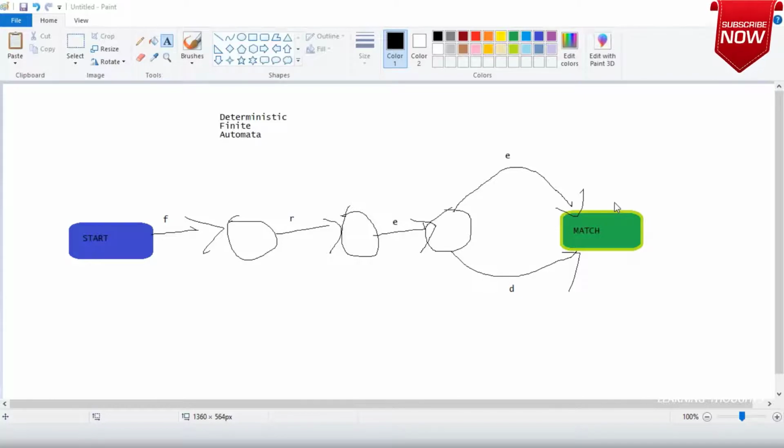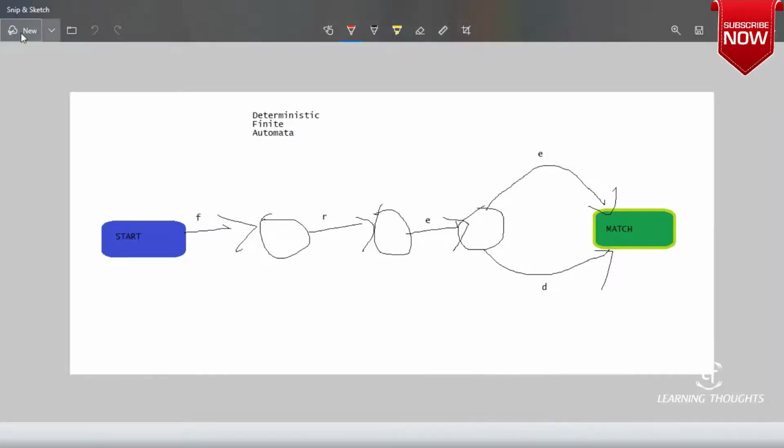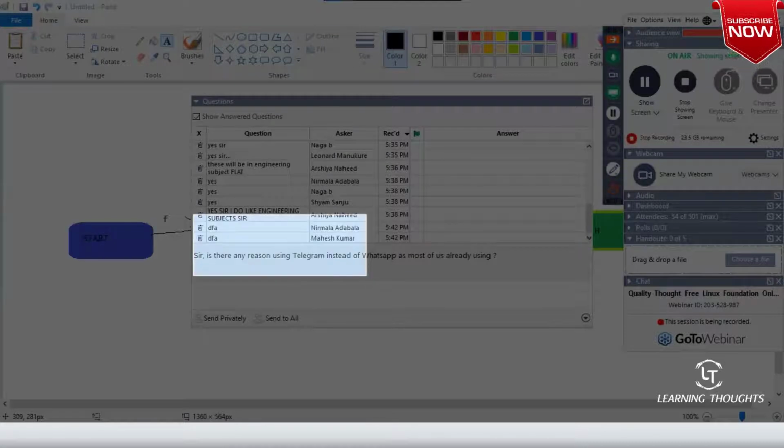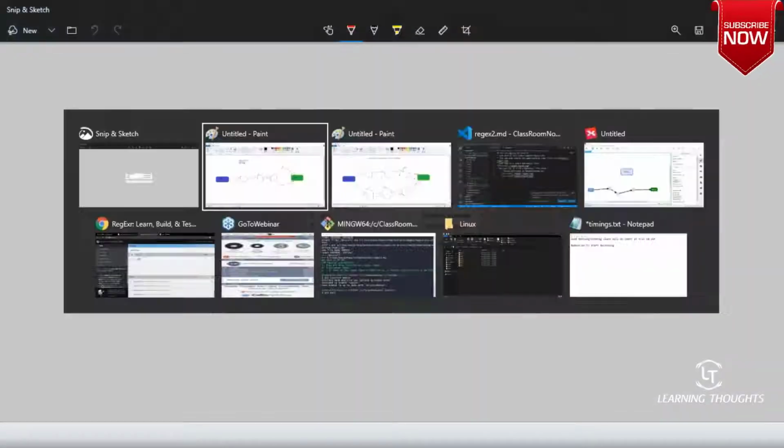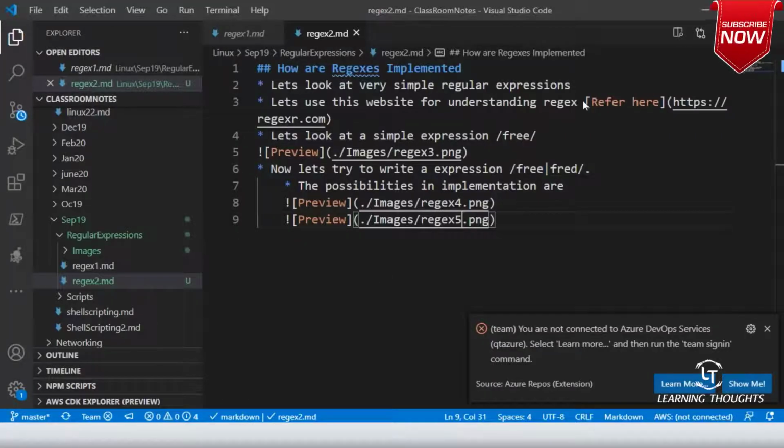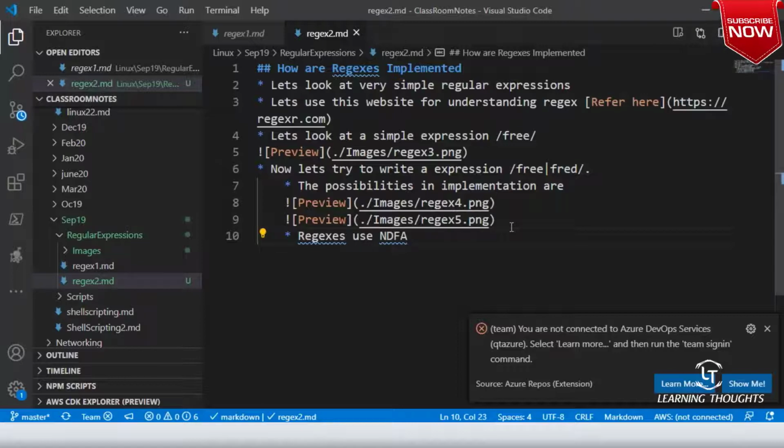Okay, I got 2 answers so far, and both of them represent deterministic finite automata. Okay, but there is one problem. Regex uses NDFA, non-deterministic finite automata. The reason for that is because of its simple implementation.